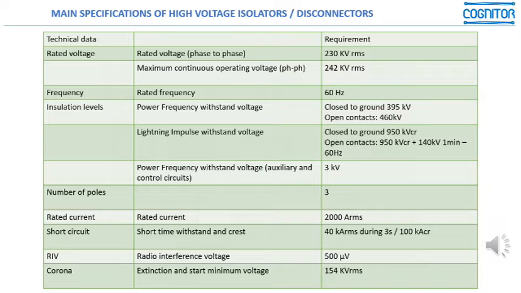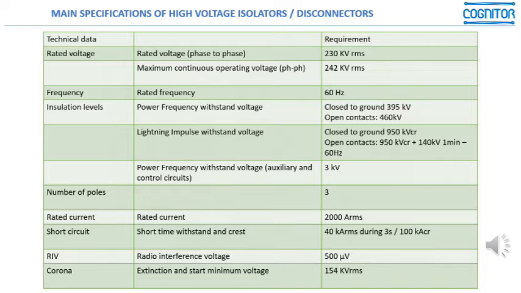Here you may see the main specification of high voltage isolators and disconnectors. All of this is written in the IEC standard, and usually you don't need to repeat everything in your test. Write in your company specification only the things that are absolutely necessary to be included there, and refer to the IEC standard, because the methods of test, names of the test, and everything is already written there.